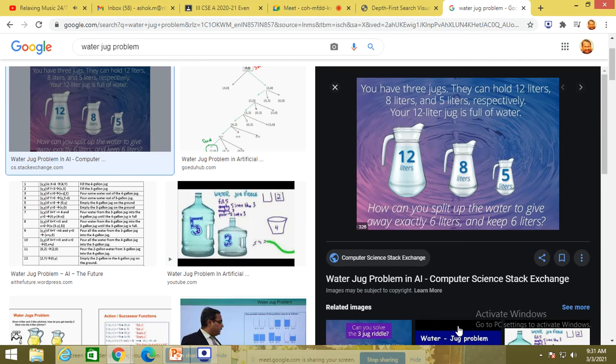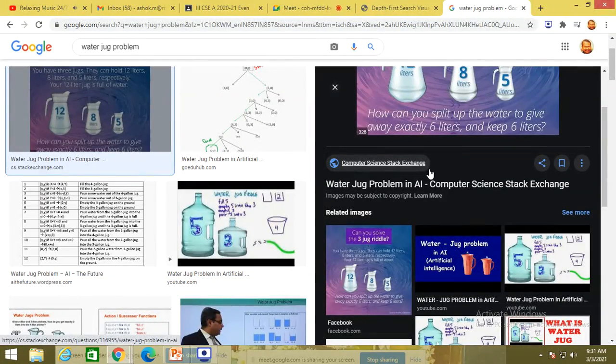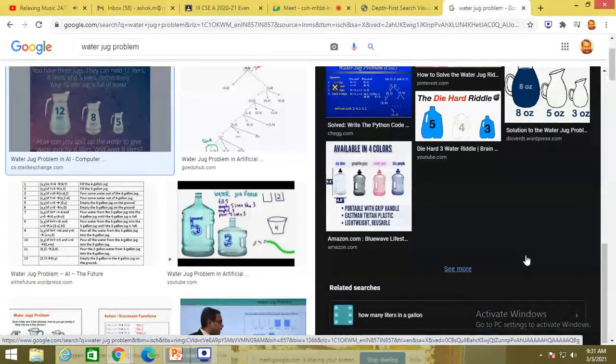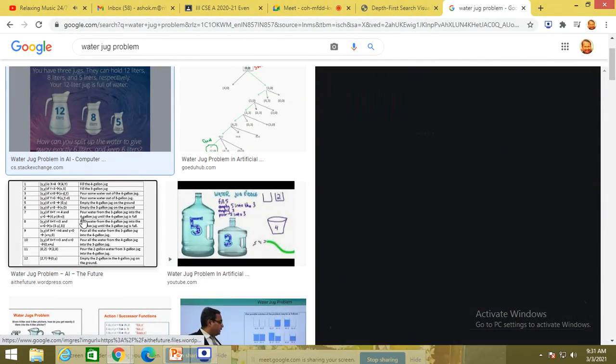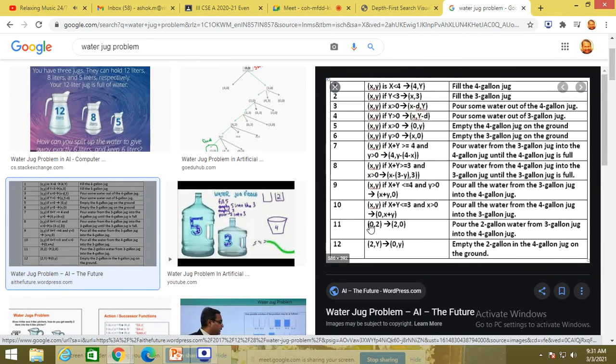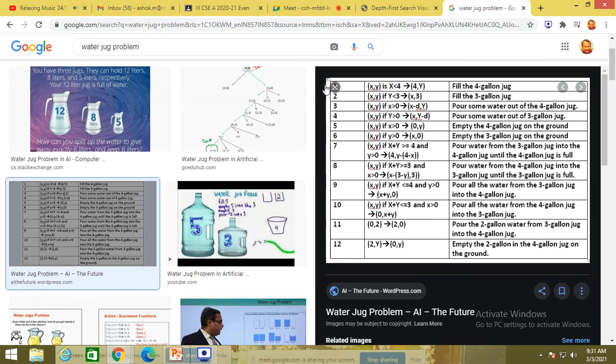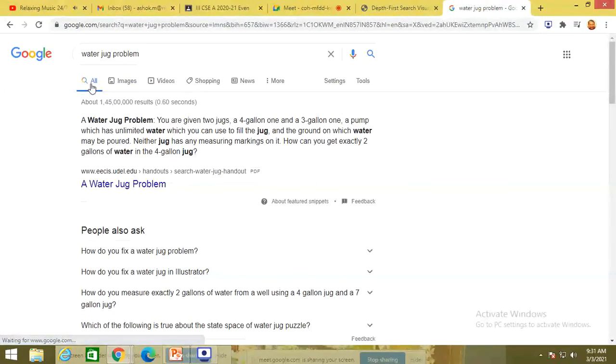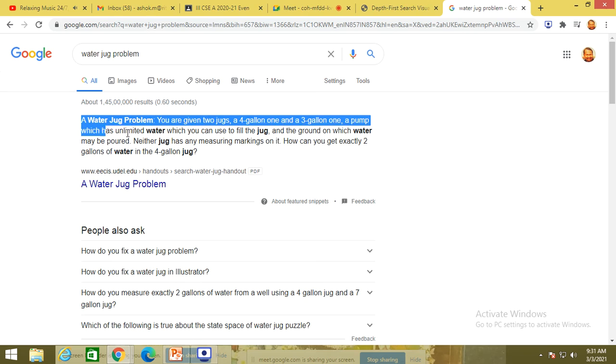You will get different variations also here, right? Don't stick to that problem. Don't stick to those values, they may vary from content to content. And this could be the formal approach to solve the problem. Don't worry about the representations, they are nothing but checking the availability and emptiness of the content. Okay, so that's a very famous problem, the water jug problem.